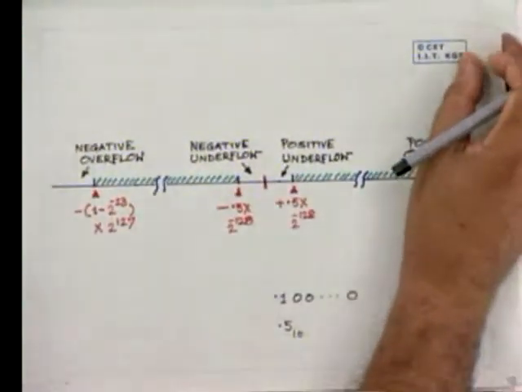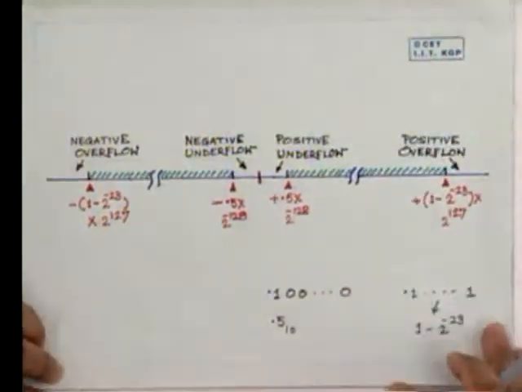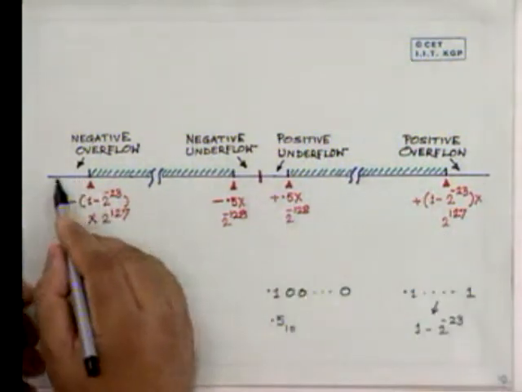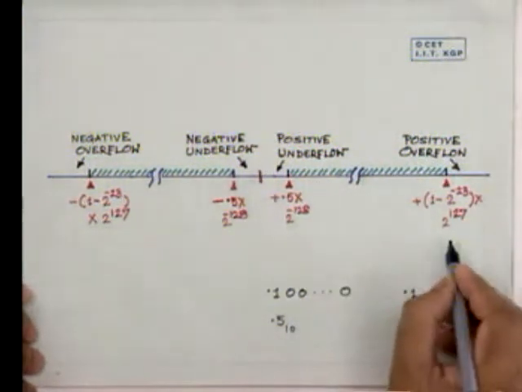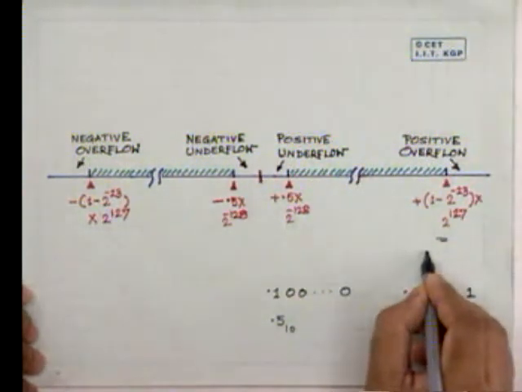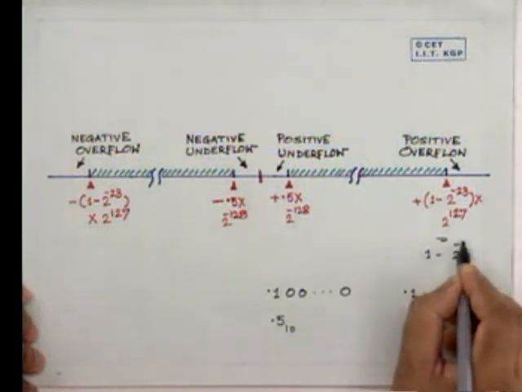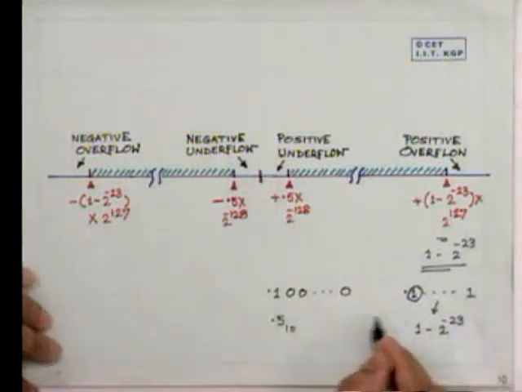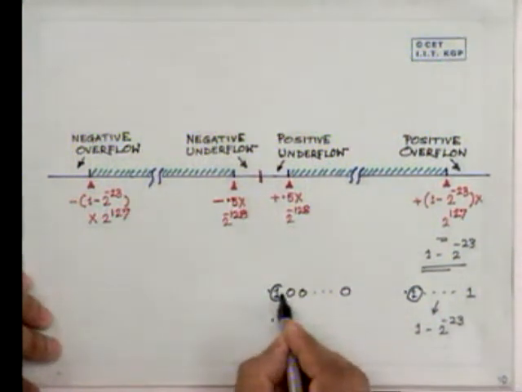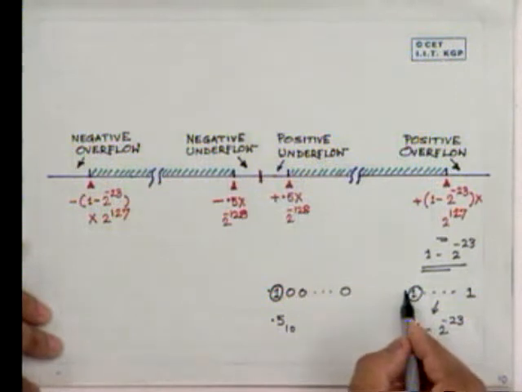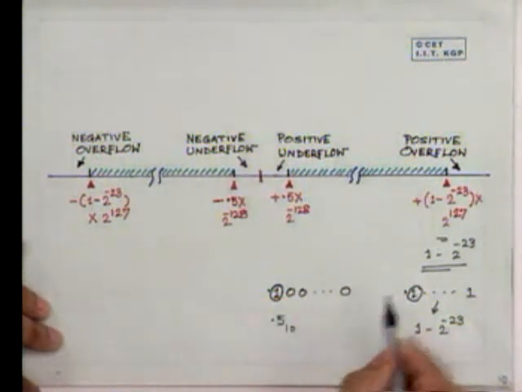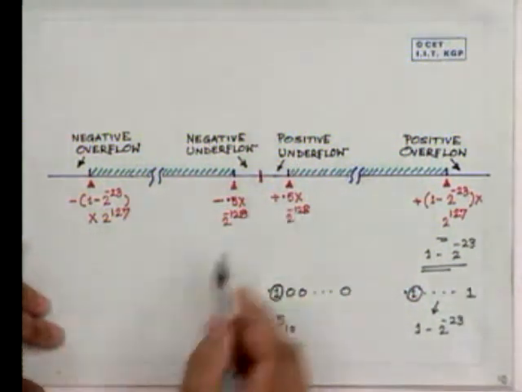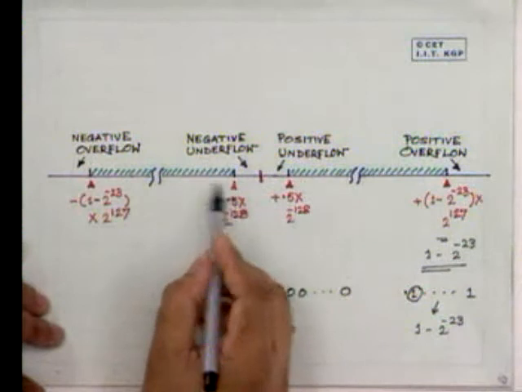Now, one important thing that I should say: coming back to the number representation, when I say that this number is 1 minus 2 to the power minus 23, it is because the first significant bit of the mantissa has to be 1. That is why the maximum number is this and the minimum number is this, on the positive side. On the negative side, there are also the corresponding numbers.